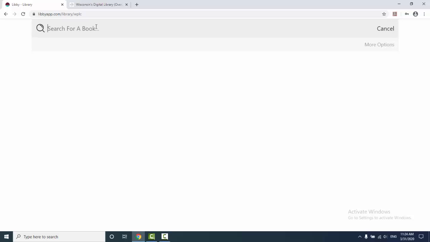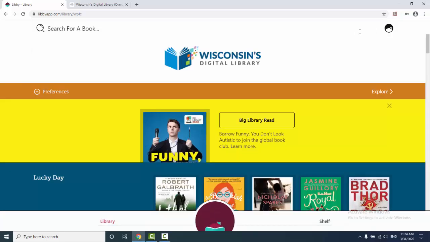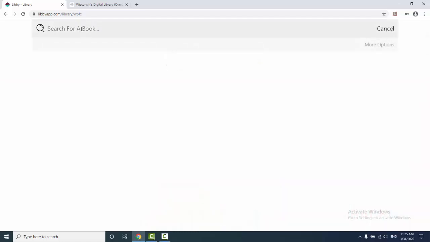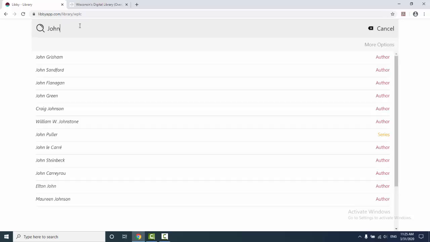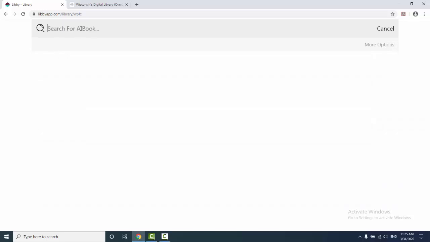So if you click or tap on the search box, and before I do that, again, depending on the type of device that you're using, laptop, tablet, smartphone, things might look a little different on your own page. For instance, like the search option may be more toward the top right of your screen with a little magnifying glass rather than being right at the top like it is here. But if you are searching for a specific author, in this case, for example, you can start typing in the author's name, and as you do that, it will bring up suggestions. So you can type the whole name if you want, or you can just type a few letters and look through the suggestions. And if you are searching for a book,